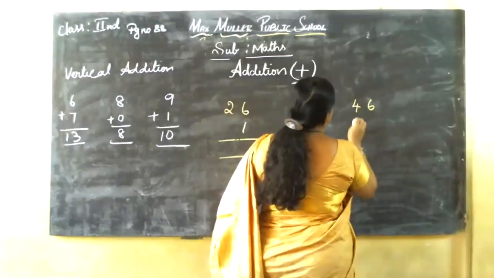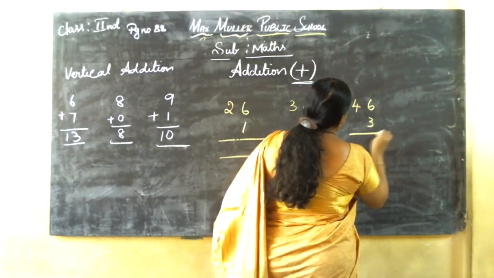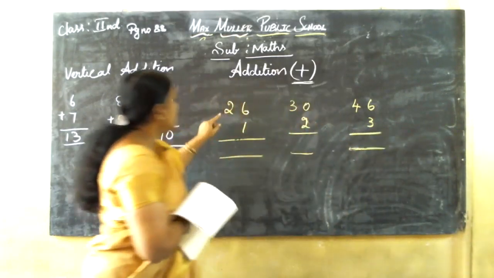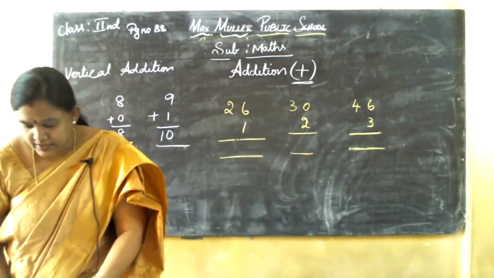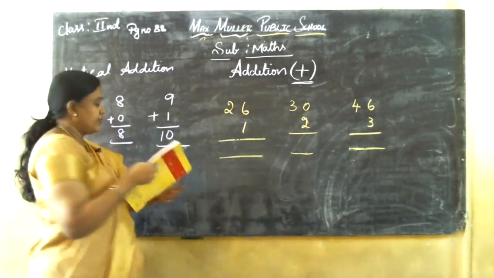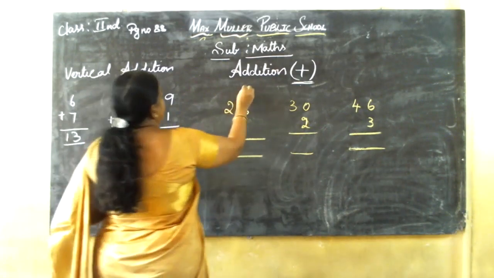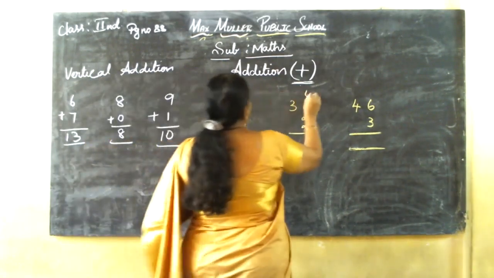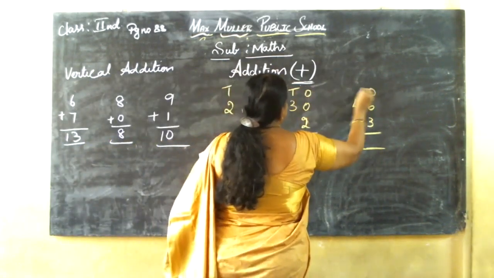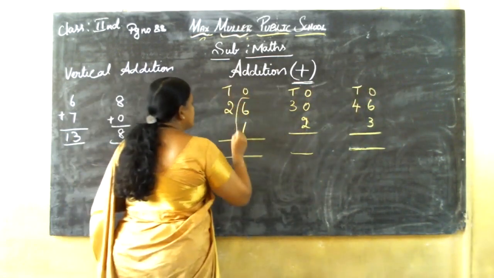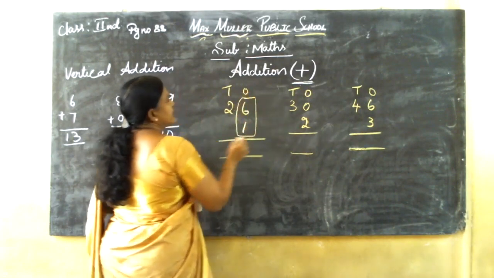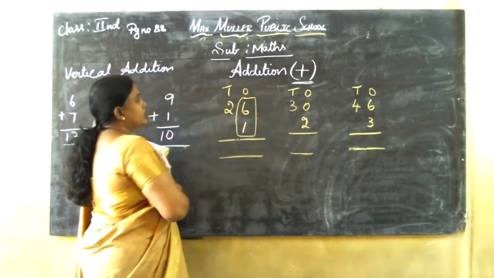With a 2-digit number and a 1-digit number, we add first. First, arrange the numbers by writing one number under the other. We will add the ones. See, first ones, then tens. What you will do, children? First, you will add these two numbers. The ones numbers first we will add. After that, we will go to the tens.